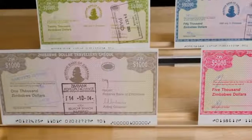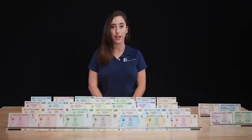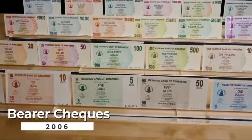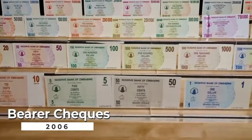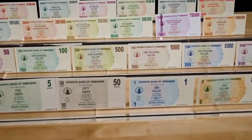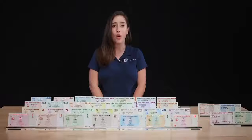and redeem them. On August 1, 2006, Operation Sunrise was executed, and the Zimbabwean dollar was redenominated, lopping off 3 zeros from the first Zimbabwean dollar and introducing the next dollar. Effectively, all previous banknotes had expired with 28 bearer checks, produced spanning from the 1 cent all the way to